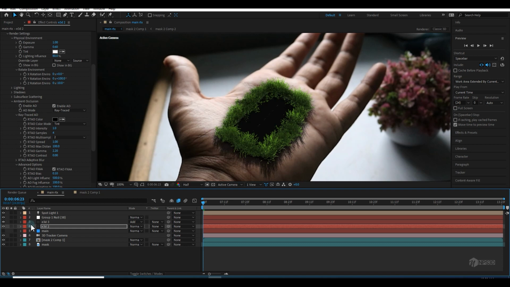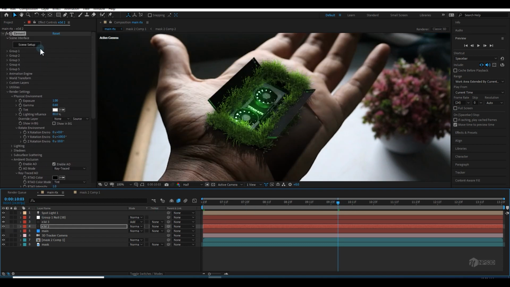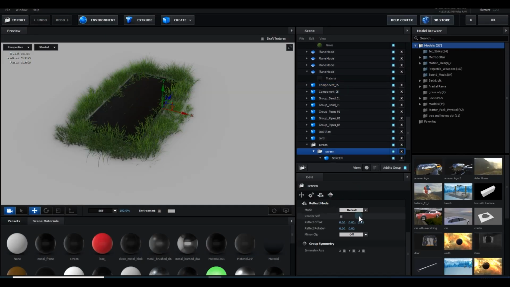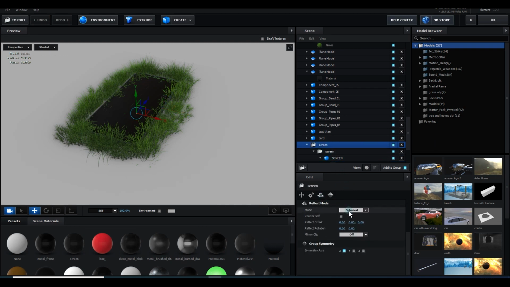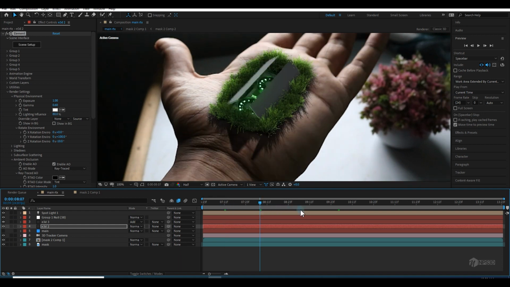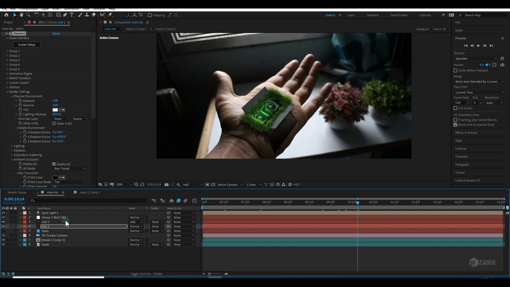And if you think something is not good, you can just go back. Like in this one, I'm going to the scene setup again and going to select the screen and hide it, make it the default one. So I'm happy now. I'm very happy, and this looks good to me as well.